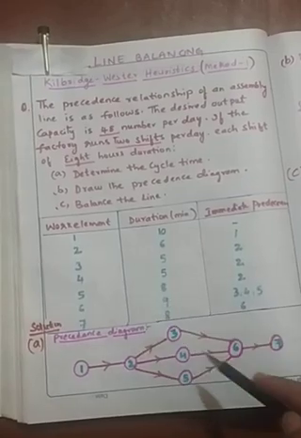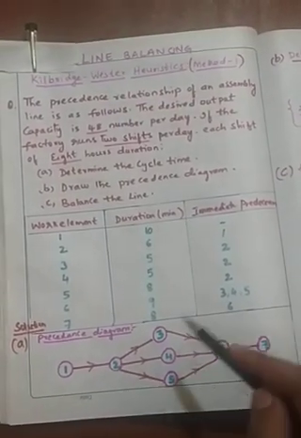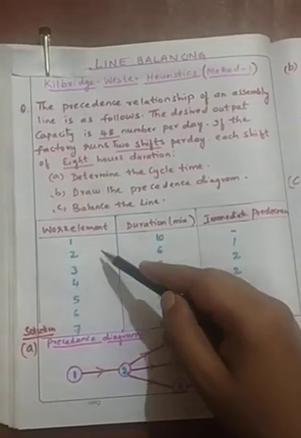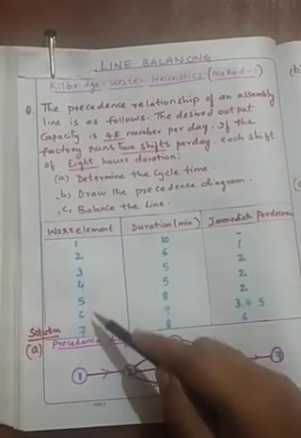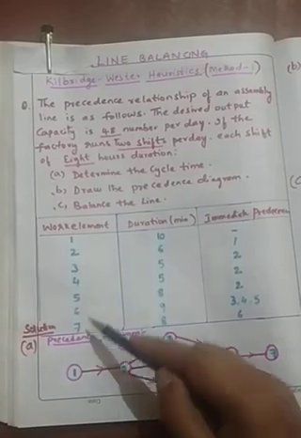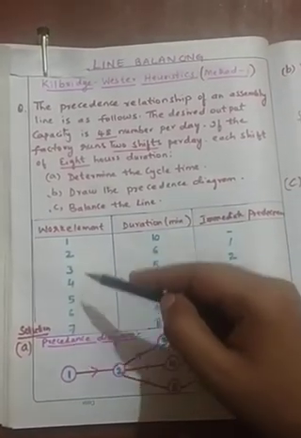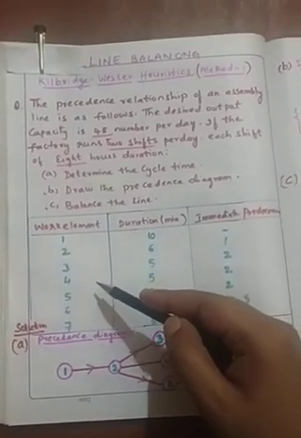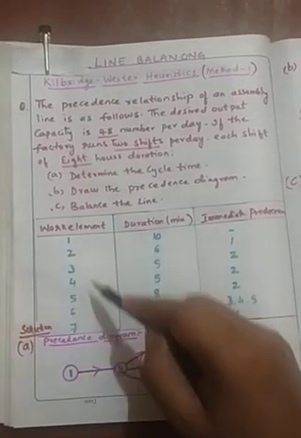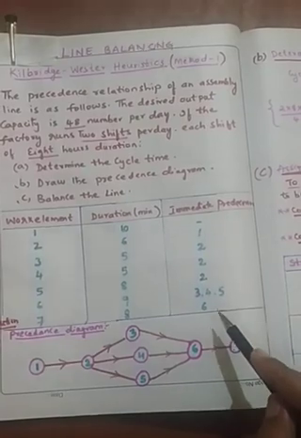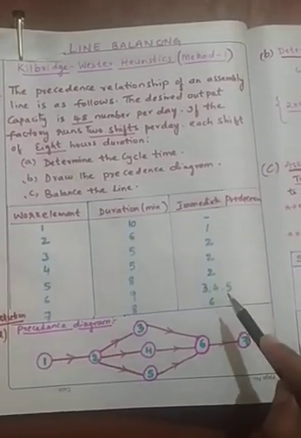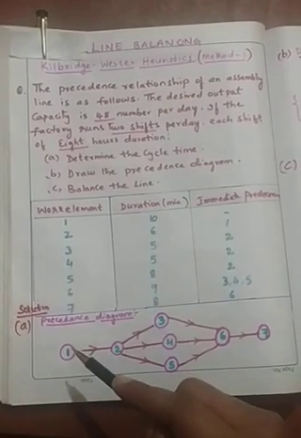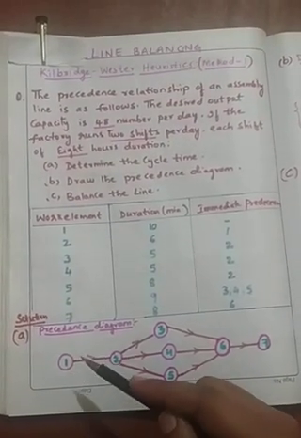So you have to draw the precedence diagram. This is the precedence diagram with respect to the other elements. That is, one activity starts with the first element and ends with the seventh element, followed by the intermediate elements which are connected with each other in a logical sequence. So let us draw the precedence diagram for all the 7 elements with respect to the precedence values given to us. To draw the precedence diagram, first you have to